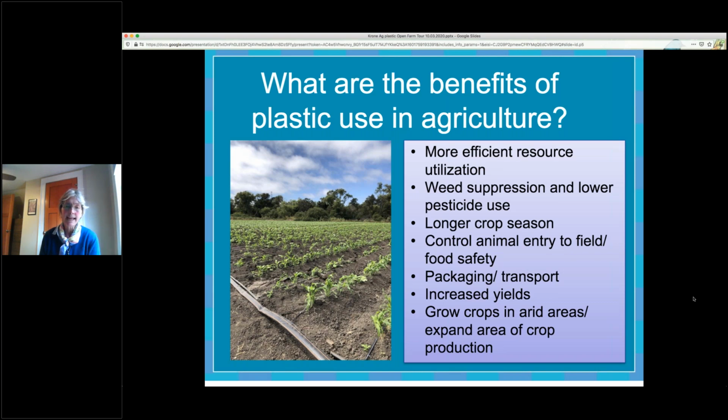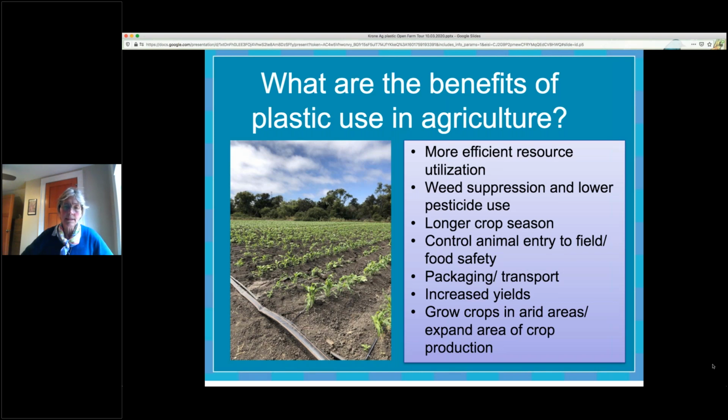If it weren't for drip tape, which is used on most fields in Monterey County right now, we'd have to use about 4 times as much water if we were still using the old methods of irrigation. We can place fertilizer right at the base of the crop and where it's needed by the crop rather than putting fertilizer across the whole field. It suppresses weeds, it increases yields. Really, it's hard to imagine how we could grow crops without plastic just because of its many benefits and its